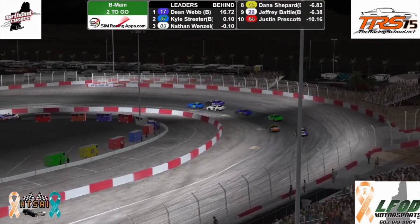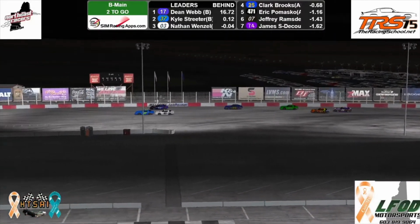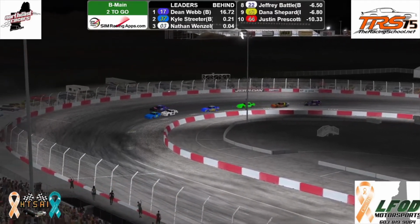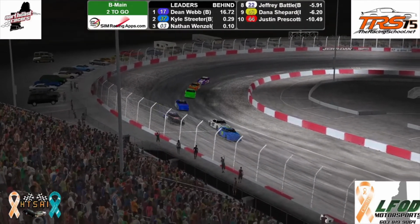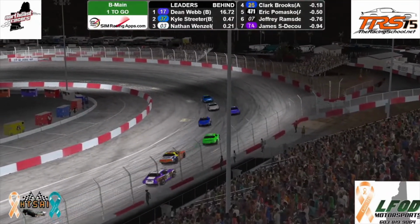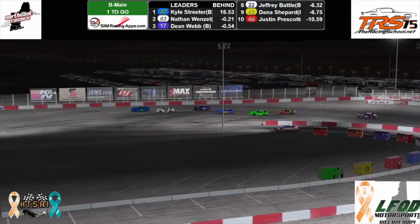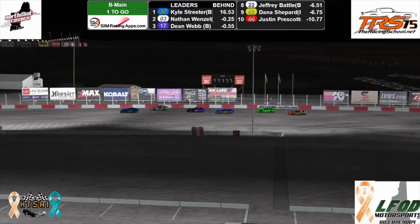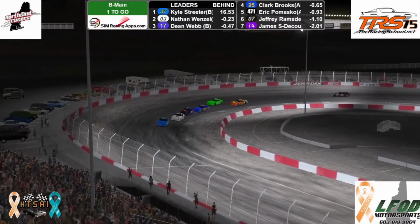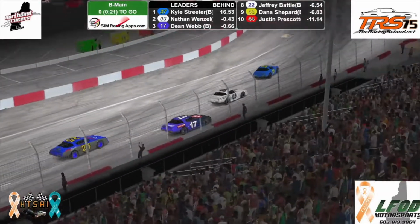As Kyle Streeter dives into turn 1 to the inside of the 17, he's going to bring Nathan Wenzel with him. It looks like we're going to have one heck of a show before this night is out. As it looks like they're going to be, the 17 gets way loose, pushing extremely hard, coming off the turn. White flag in the air, last lap. They are nose to tail all the way around, and you can tell these guys are sending it in there. None of them are going straight, but it looks like it is going to be Kyle Streeter for the win,